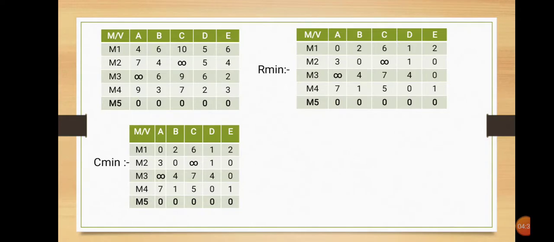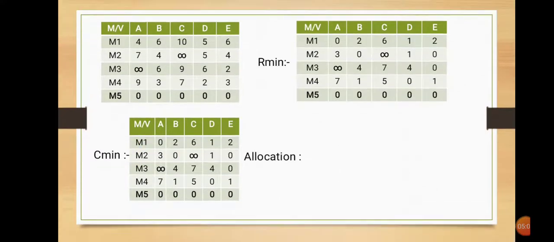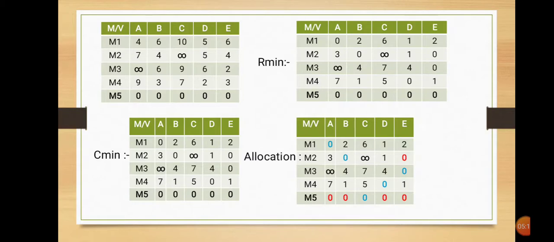Now the allocations. I will explain the allocation rules. When 2 zeros are available in a row, then leave it. But when only 1 zero is available, then select that row, select that zero, and delete the other zeros available in its row and column. Here only one zero is available at A M1, and in this column M5 is 0, so it is deleted. Check it here: 1 zero available and the M5 zero is deleted.